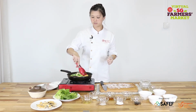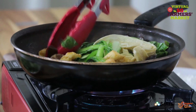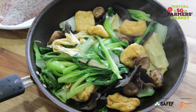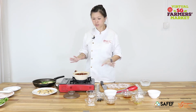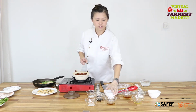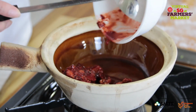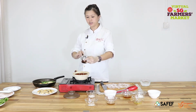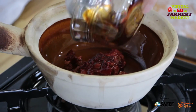Okay, and we're almost done. So right now this is almost done. I'm just going to set it aside. Okay, so now I'm going to make the Nan Ru sauce. First thing, I'm just going to add the Nan Ru inside. And then we add all the other condiments, which are the oyster sauce,